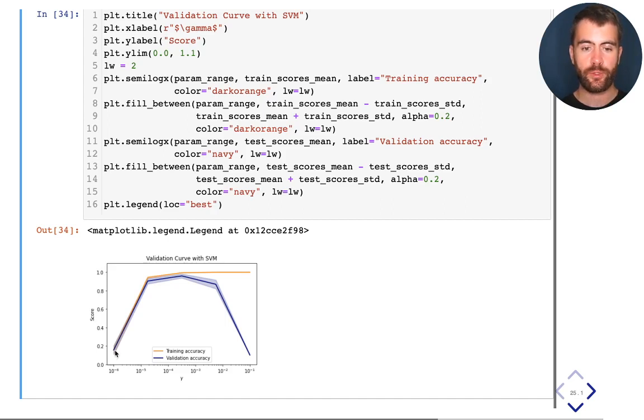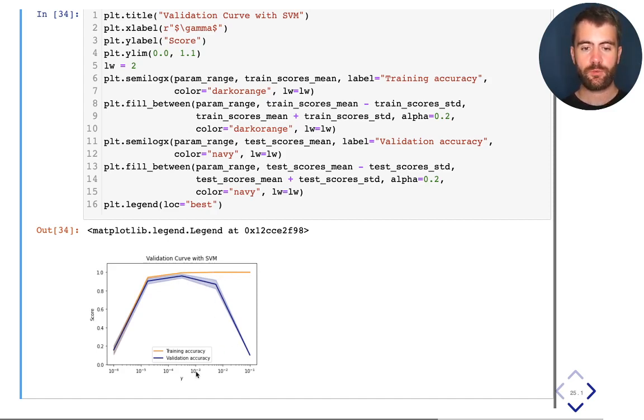They attain small values. As we increase gamma, given the same data set, they improve, and then they stabilize at a value around here, and then the orange curve stays high, our training accuracy stays high, but our blue curve